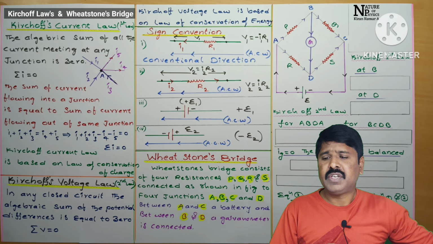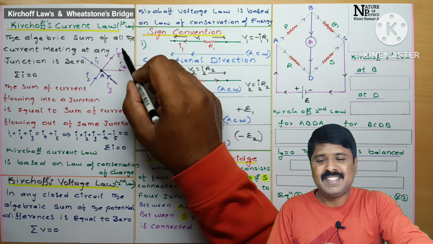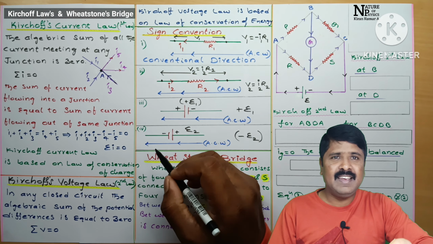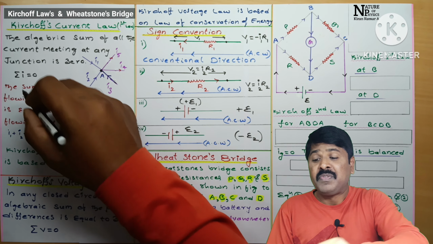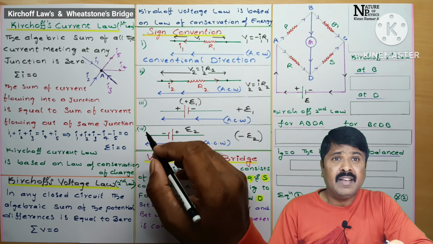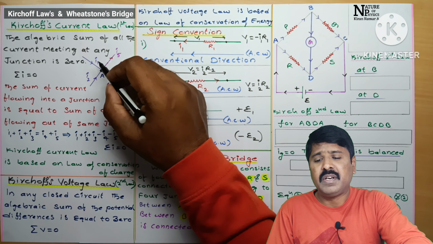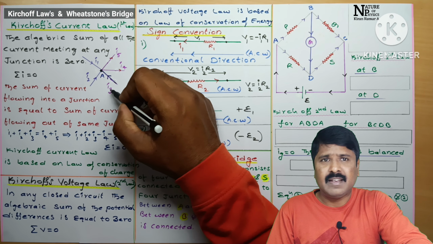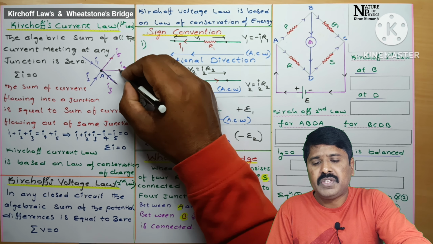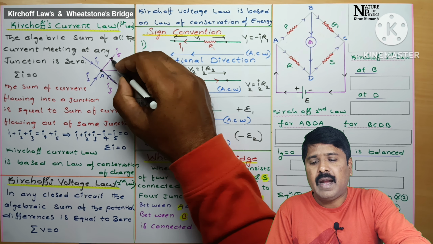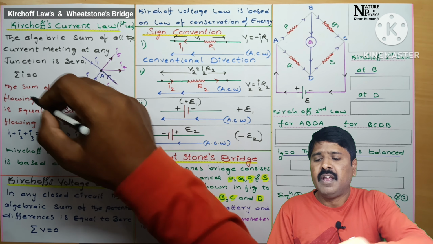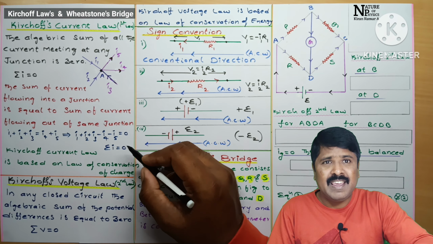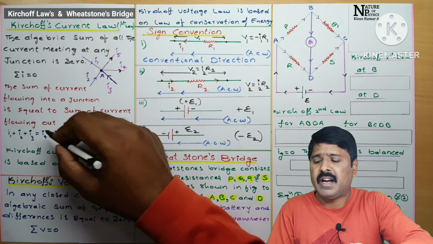According to Kirchhoff's current law, the algebraic sum of all the currents meeting at any junction is equal to 0. Sigma I is equal to 0. See, the currents toward the junction are I1, I2 and I3. The currents away from the junction are I4 and I5, students. So, the sum of the current flowing into the junction is equal to the sum of the current flowing out